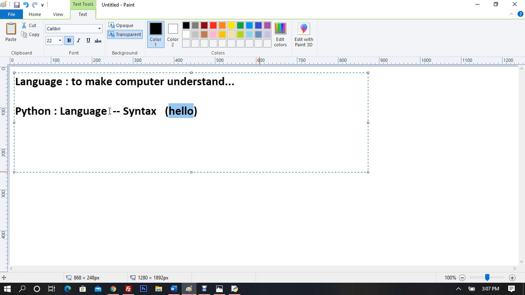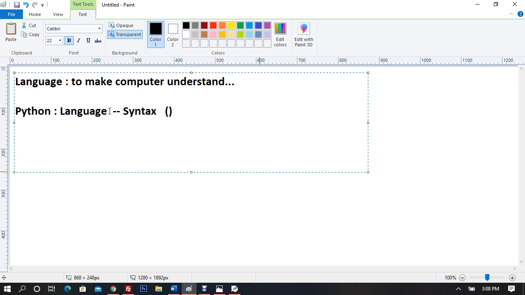That's different. The syntax is different, the accent is completely different. Each and every language has its own syntax, do's and don'ts, and accent. So that's what we are going to learn first.